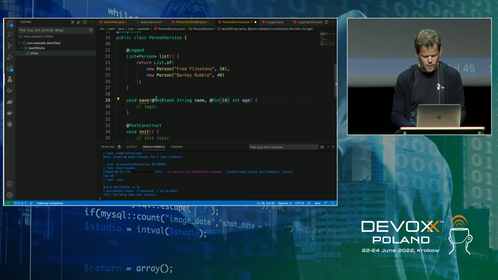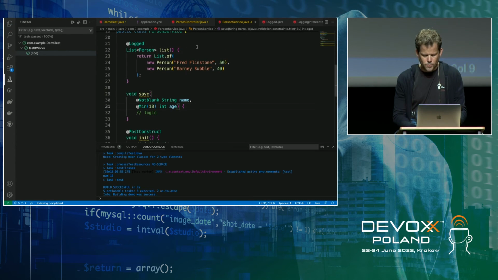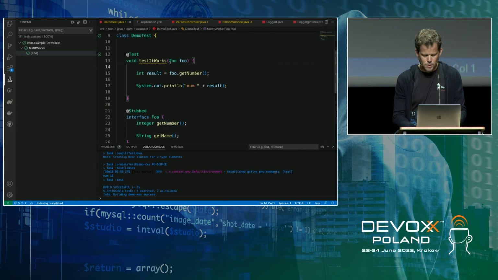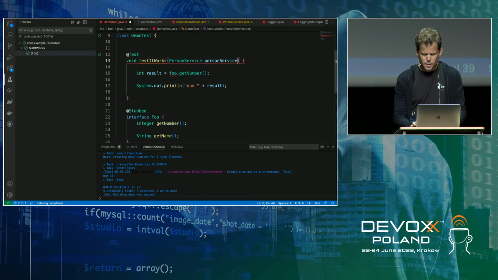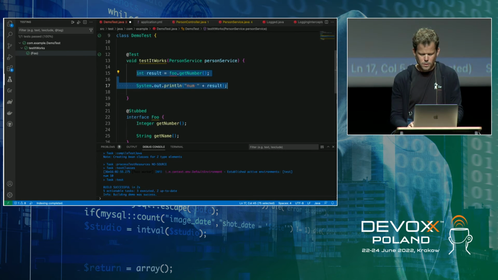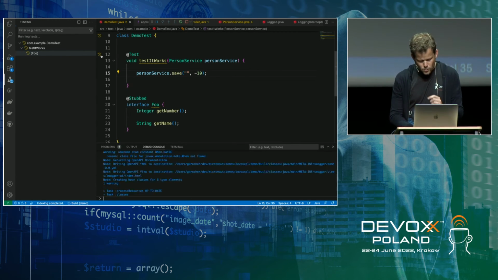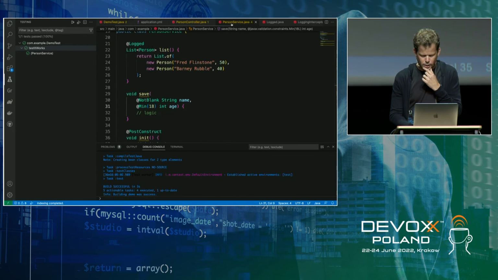I can add these annotations directly to my service implementation. And if I were to attempt to call the personService.save method with an invalid value, say I tried to pass blank, or I tried to pass -10, then it would fail if I added